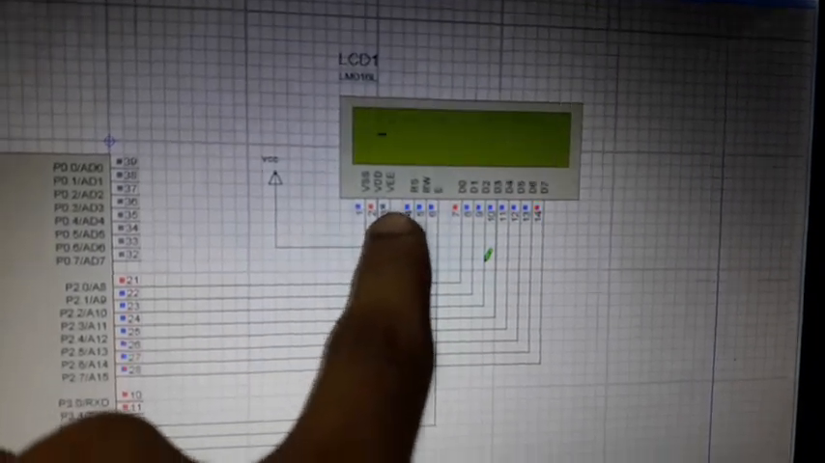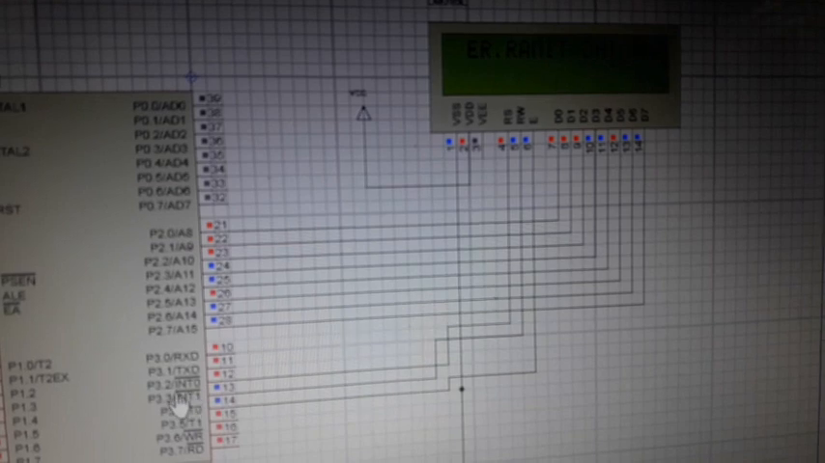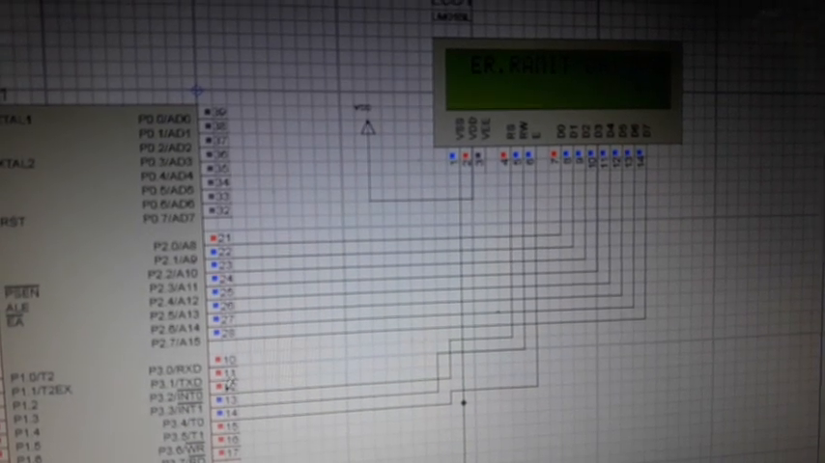Here you can see the different pin configurations for it. There's no anode and cathode for the LED. It's a 14 pin, and here it's a 16 pin. So we have these connections. The reset pin is connected to port 3, pin 3.2, and the write pin is connected to 3.3,